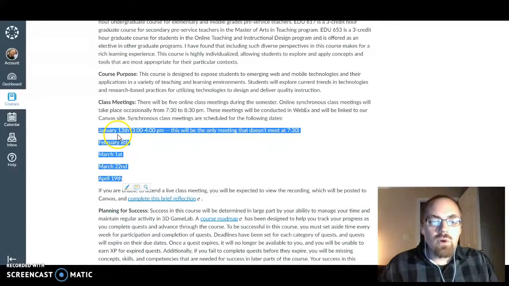And so the very first one, and it's important to pay attention to this, is January 13th. That's this Friday, and it's going to be from 3 to 4 p.m. This is the only meeting that's going to happen on a Friday, and it's the only meeting that's going to happen from 3 to 4 p.m. Okay, all the others happen on Wednesdays, running from 7:30 to 8:30 p.m. It's a 1-hour meeting. We're going to talk about some of the expectations and things that you can expect from the course. But for now, I wanted to send you this video to give you an idea of what you can expect, to help get you started with the course, so that you can earn those, hopefully,